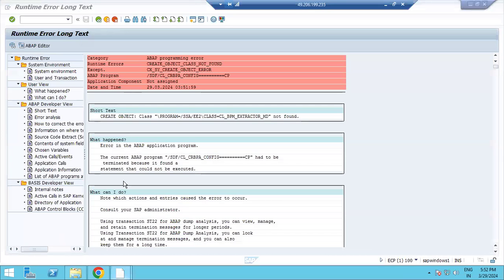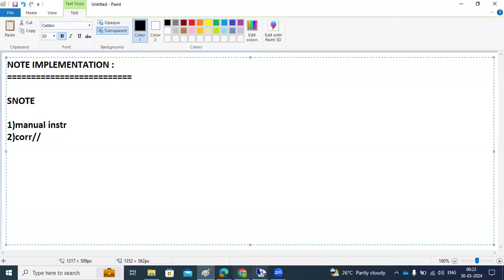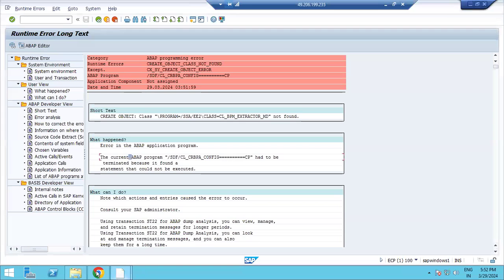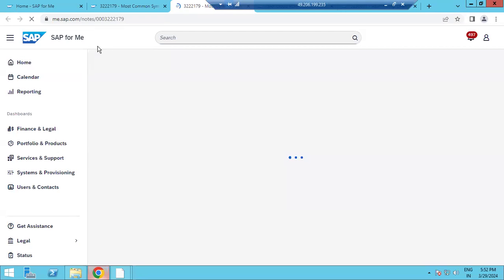So if you just open it here, it will give some errors based upon that note. We can fix it. We can see whether these dumps are triggering, whether these dumps are there in our system or not. So is there any SAP note? Definitely there is a SAP note for this one. I checked it previously, we fixed it. So the correct way,